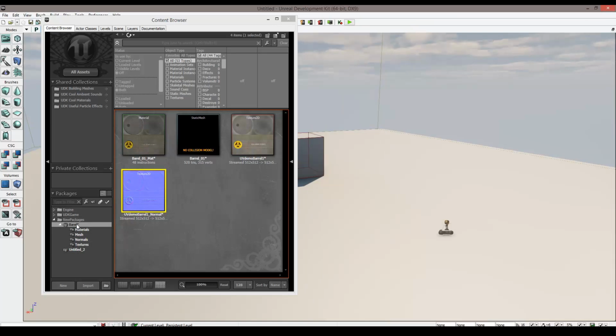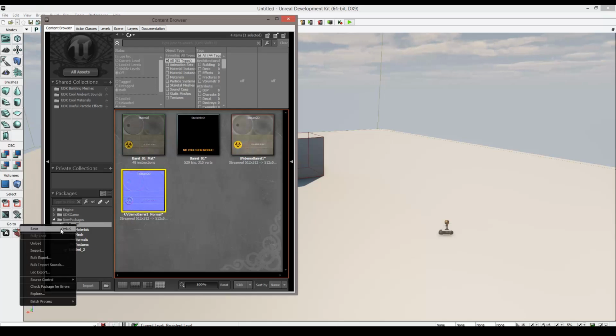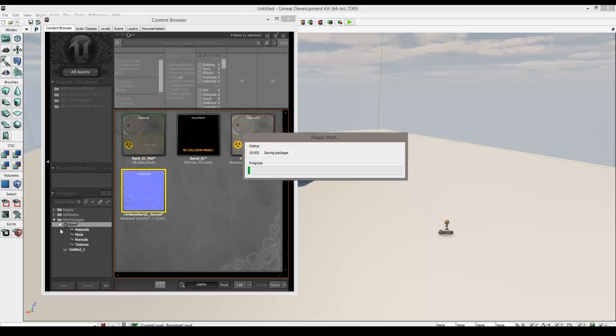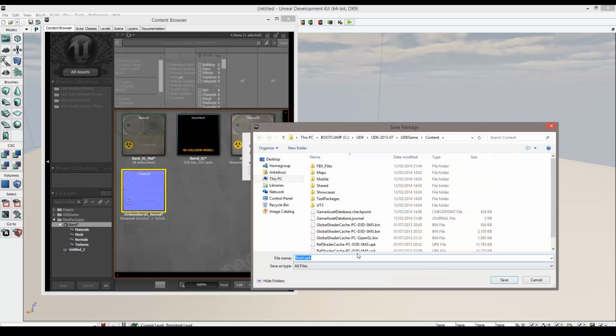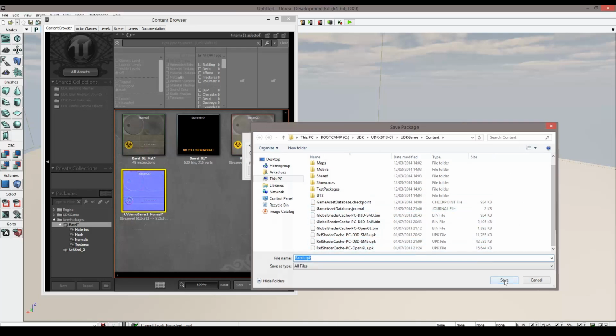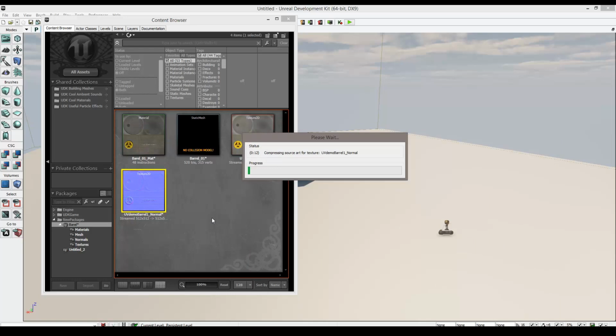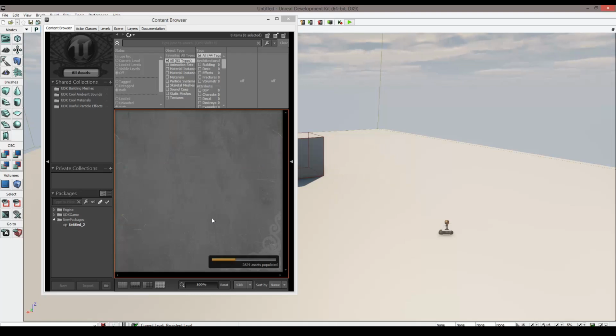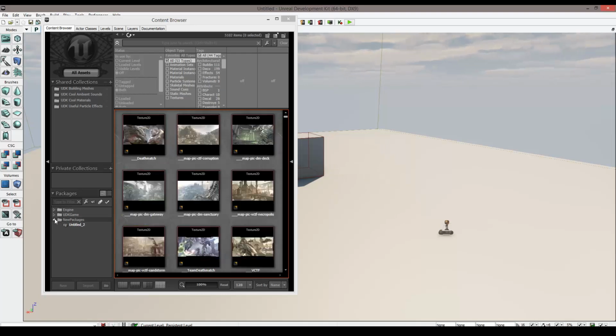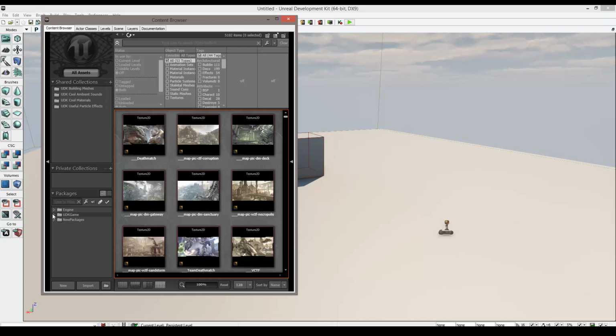Let's go to our package, right click and save. Make sure that the package will be saved. Right now you're just choosing the destination of the package. I can create a new folder, but I'm just going to leave it over here, and I'm going to click save. Okay, right now